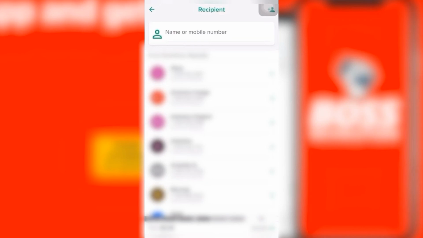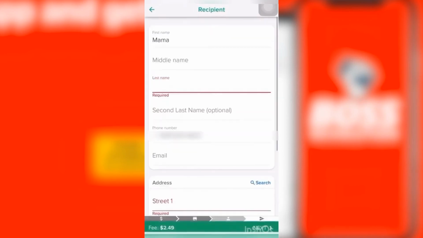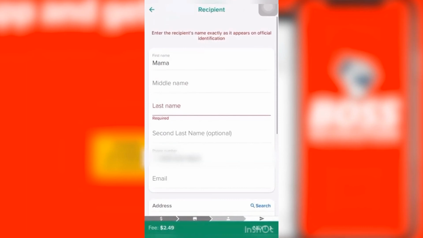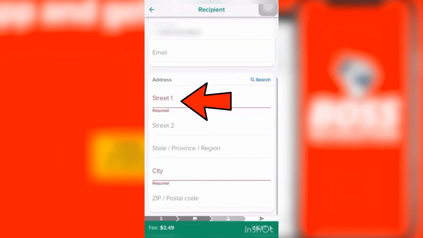Once the contact is selected, we go to the next window where we have to fill in the entire beneficiary's personal data. Here is the name of the other person, here the last name, here the cell phone number that we have already selected from our contact list, here the email. We scroll down. And here we have the field to enter the home address, the state, the city, and the zip code of the area in which our recipient lives. Once all the fields are filled in, we click next, we confirm the transaction, and the money will be sent